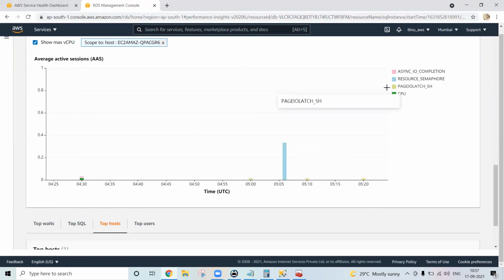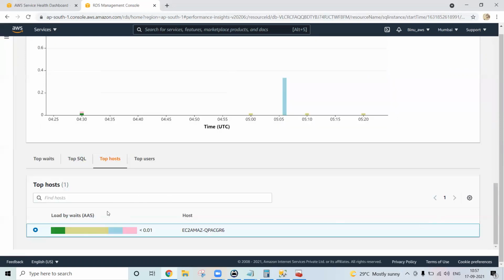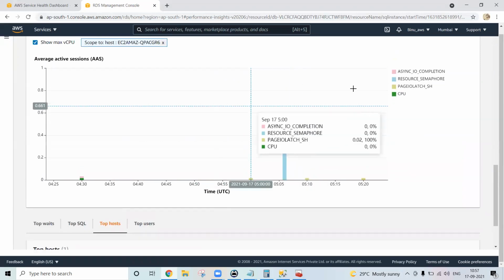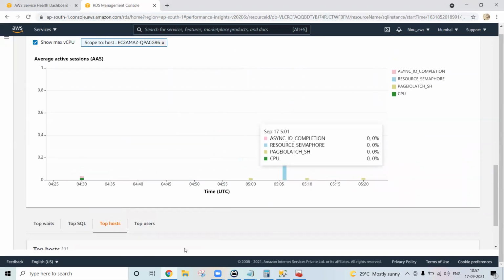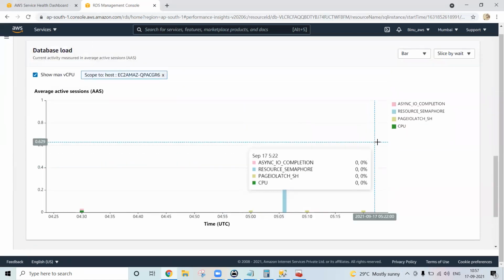Now page IO latch, this icon, go to here. These icons are page IO latch, right? So once I select that, these are the suspicious ones, using the highest resources. So simply select the resource. On top of that, you can get the graph from here, showing which resource this host is using and by how much percentage. Based on that, I can start working on that.